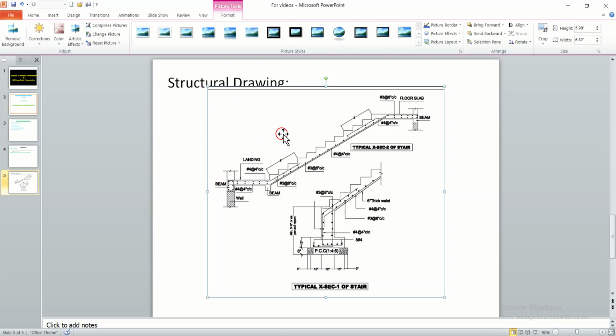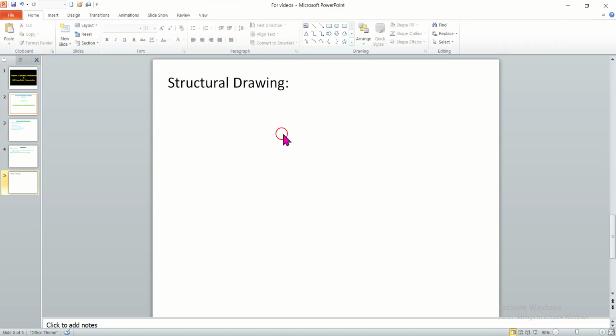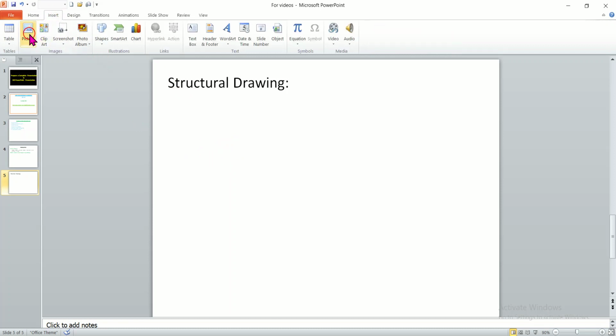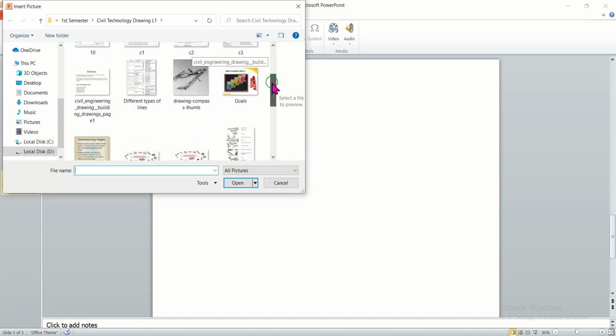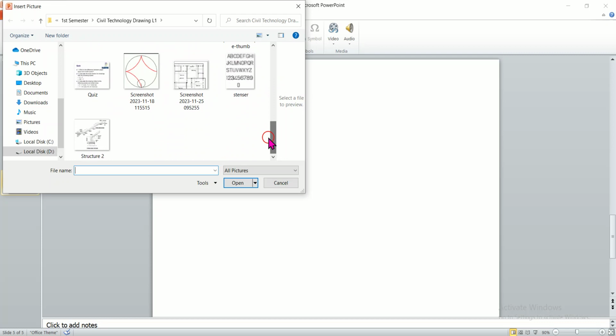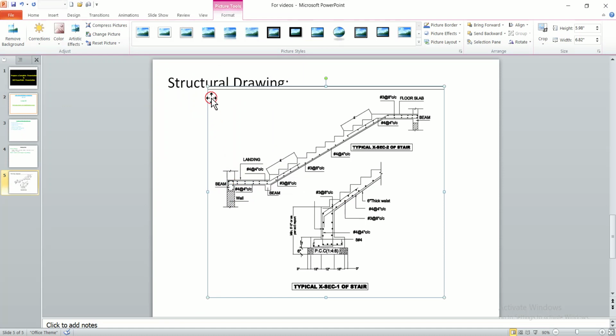So again I explain how we put this picture. You will first go to Insert, and in Insert we will click on Pictures. When we click, this window will open, and from here you can go anywhere on your desktop to take the pictures you are interested in. So we want to add this picture, so we will click on it, and then we'll click on Insert. When we click on Insert, it will automatically come to the